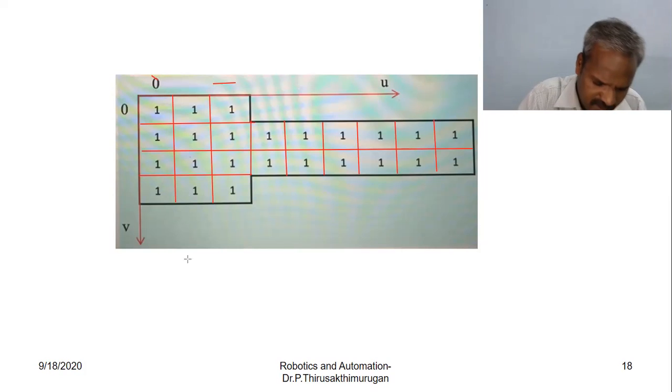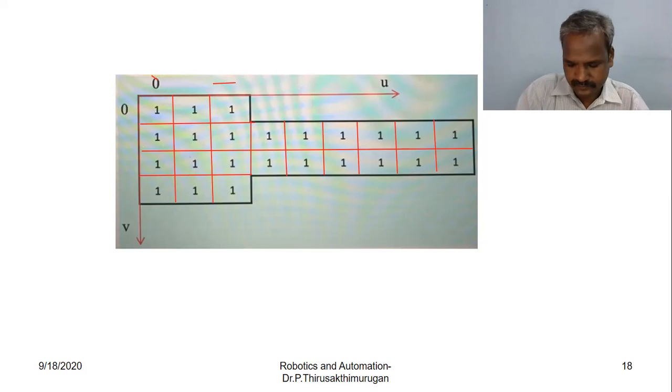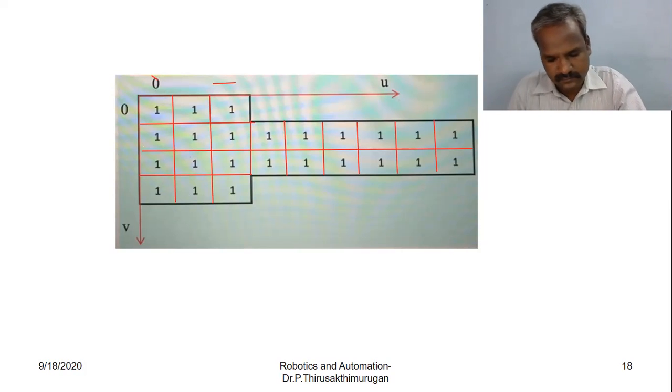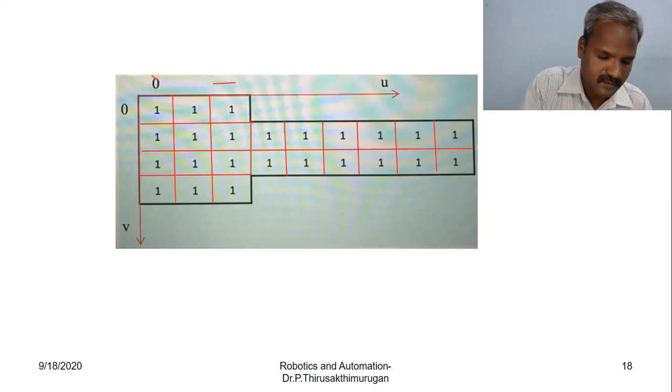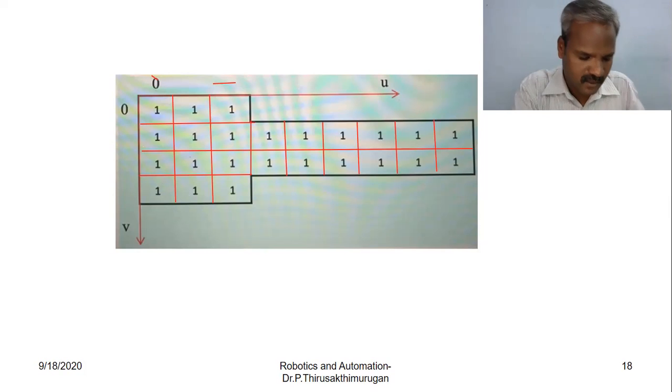Okay, determine area. Take down, determine area.